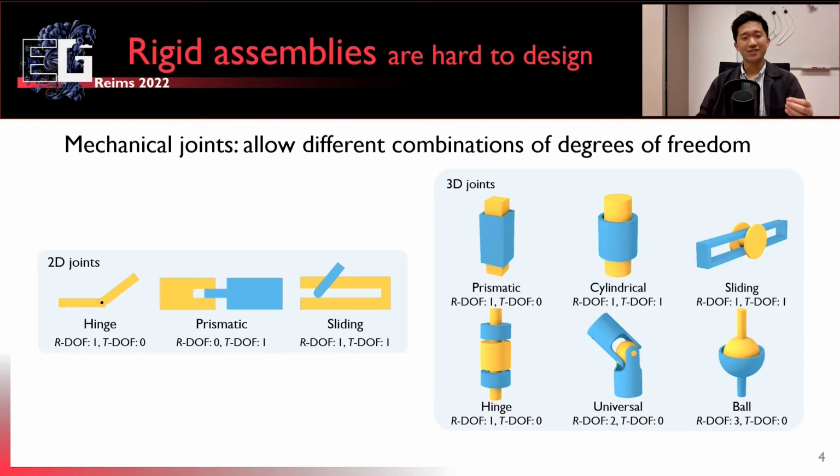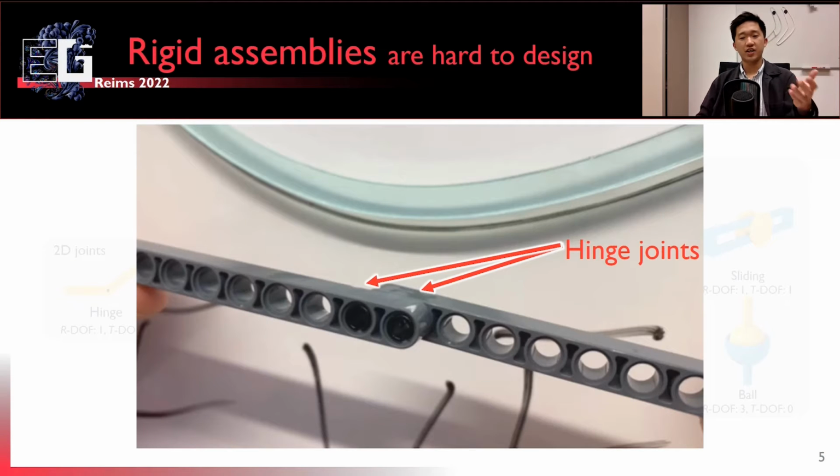However, different kinds of mechanical joints are not the end of the story. If we really want to model joints in real life, we have to consider another very important phenomenon. Let's check out this example. So now we have 2 Lego Technic parts put side by side, and we're going to connect them using 2 Lego Technic pins. If we just use our common sense to reason about it, probably we'll say, okay, this